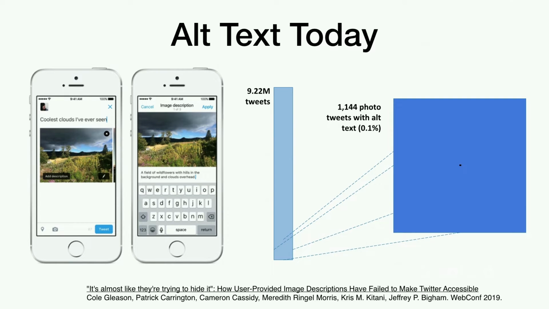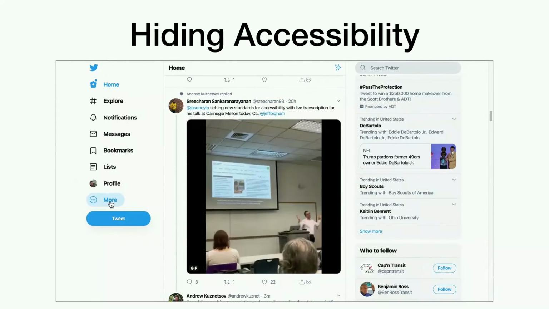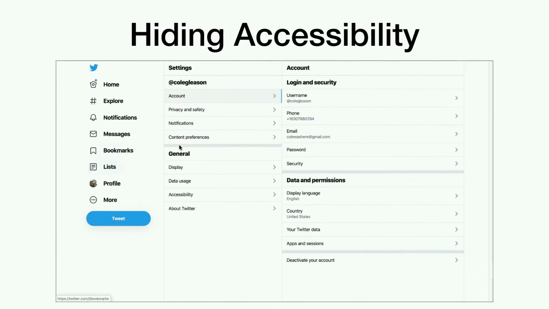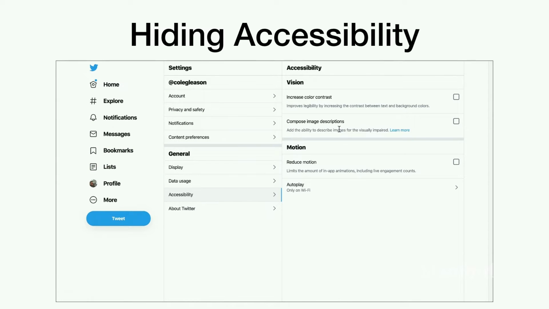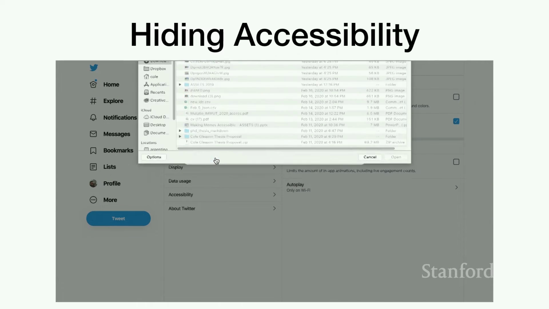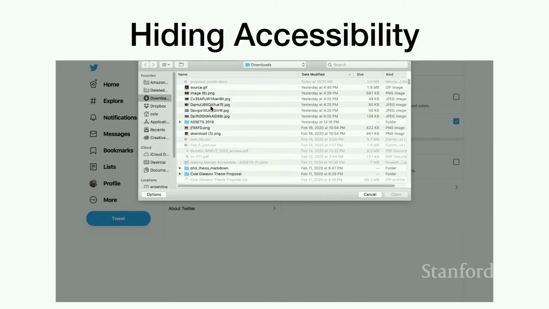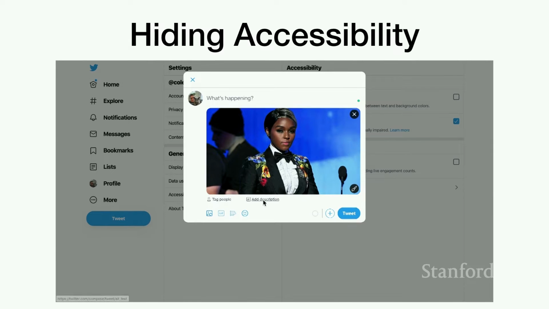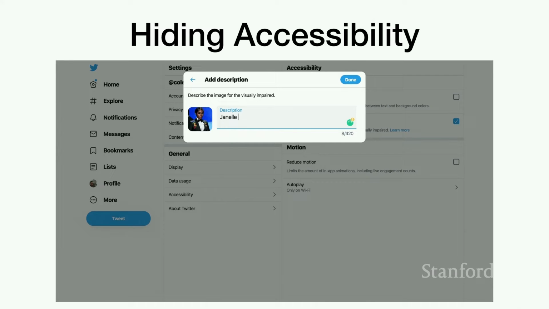Why don't they do it? Well, lots of different reasons that we got into in this paper. But one of them is that Twitter made an interesting design decision. You don't just automatically get access to this alternative text option. You have to go through a process. It looks like this: 3 menus down, you can turn it on. And then that means you now have the option to provide an alternative text description if you choose to do that. There are all kinds of problems after that, but basically no one gets past this step. People still don't necessarily write good alt text descriptions, and they don't know how to do it, but most people don't even know about it.